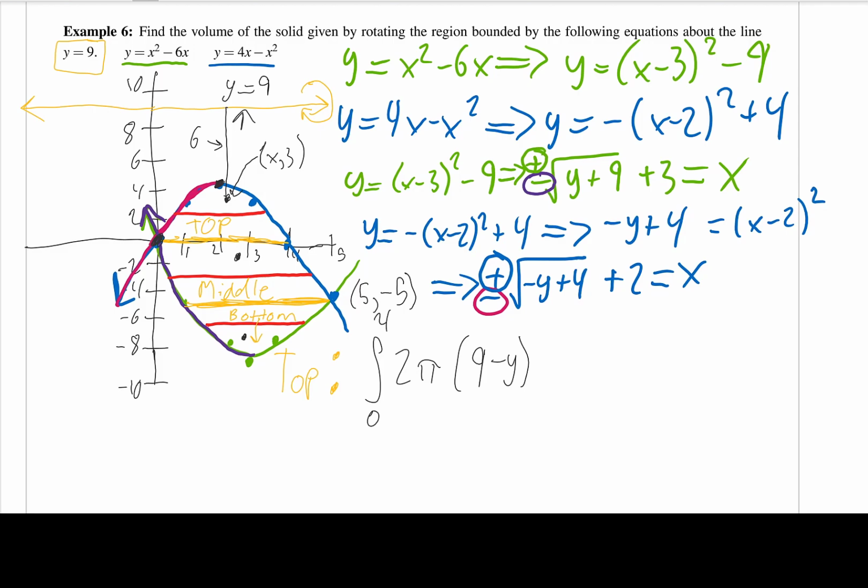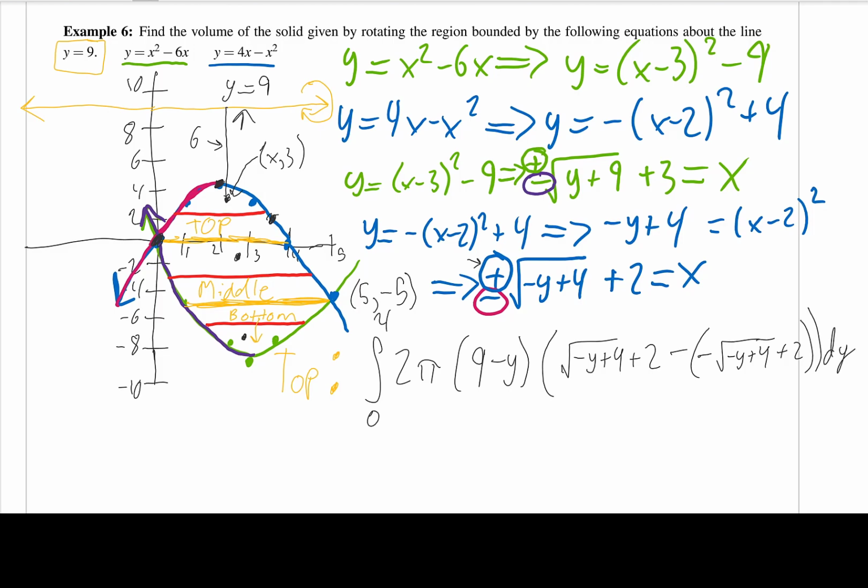Then we'll have the nasty part, which is right minus left. So this is going to be square root negative y plus 4 plus 2, right, because the right side is blue. So that means I take the positive. And then minus, now the left side we take a negative, so this is going to be negative square root negative y plus 4 plus 2